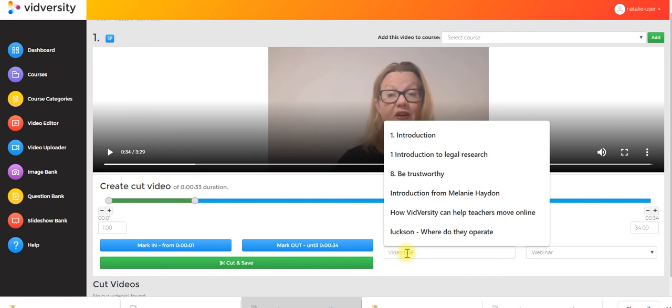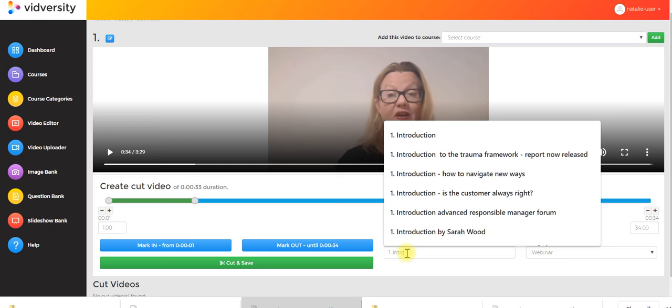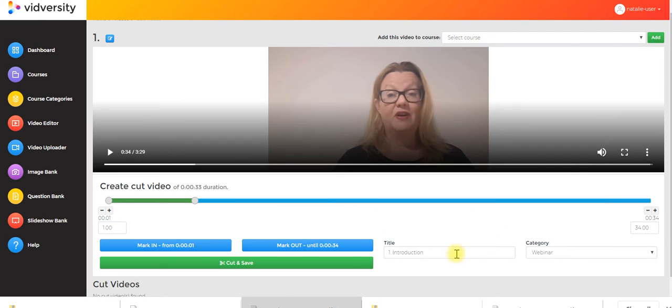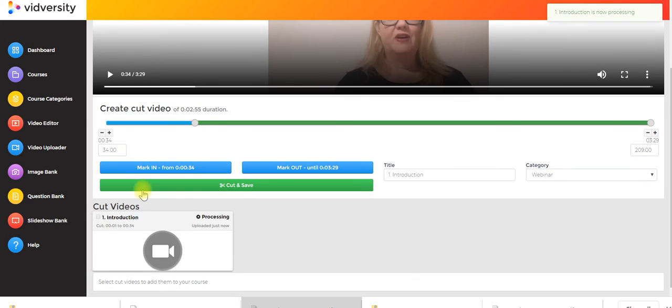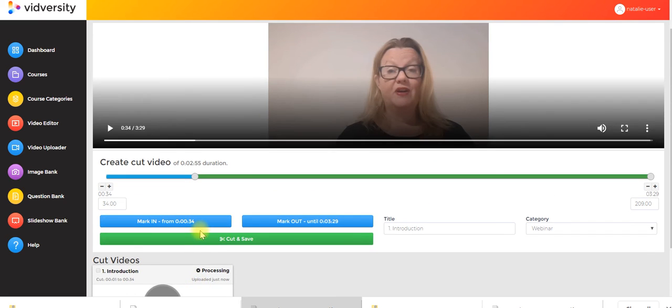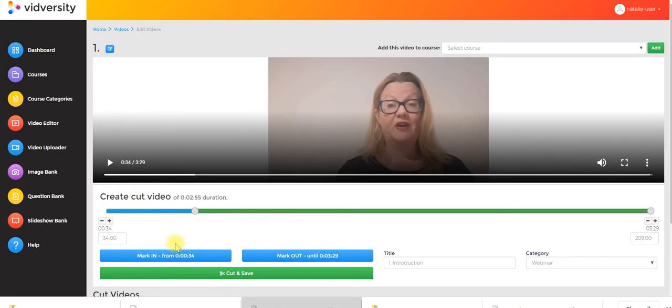So over here, I always number mine, so I'll do introduction, because what happens is it then makes it easier when we build the course to bring it all together if you make the name really meaningful here. And I pop it in the category that I'm working in, so it's defaulted to the category I already had. So click on cut and save, and you'll see down here it's now saying it's made another video from 1 second to 34. It's processing, but I can keep working,